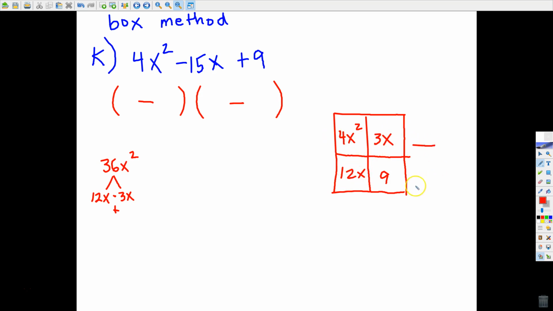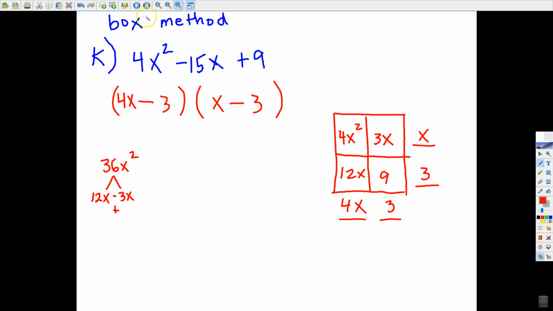Let's find our 4 GCFs, and we will have the final answer. For this top row of factors, the GCF would be x. For this second row, the GCF would be 3. For this first column, the GCF would be 4x. And for this, the GCF is also 3. So our factoring is shown: 4x and 3, x and 3. The more you do it, the easier it gets, and I do think it'll help you,